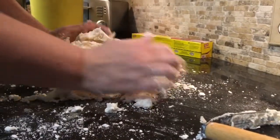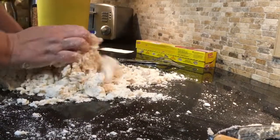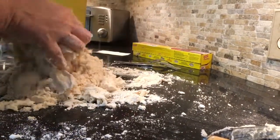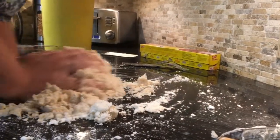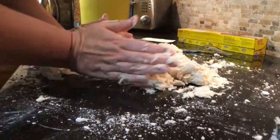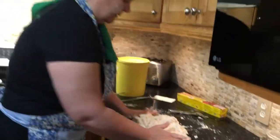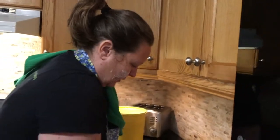And this is where the heat of our hands will slightly melt the pie dough. We're gonna just blend it together. Kind of like you were kneading bread. I've never made bread, but I watch the Food Network and I see this is how they do it. Picking up your...